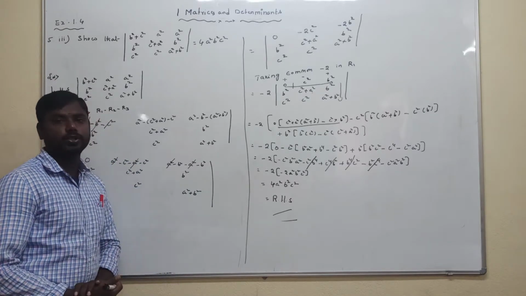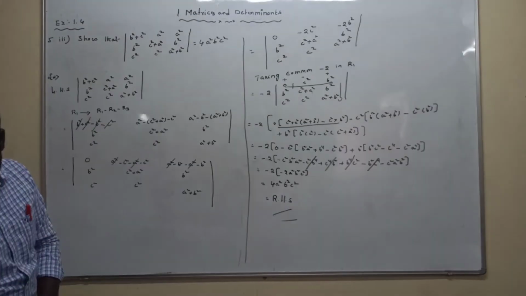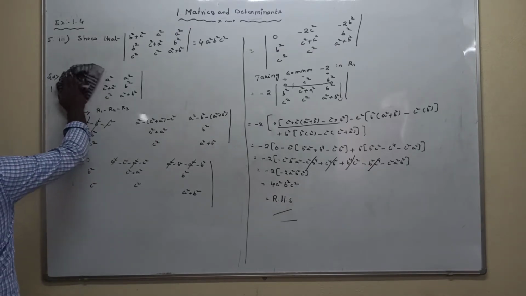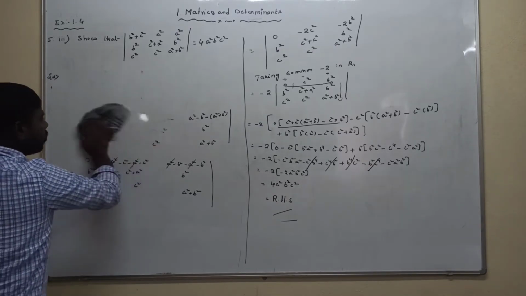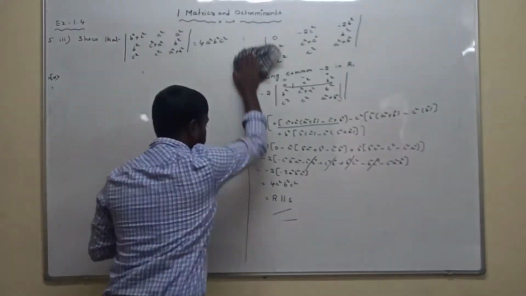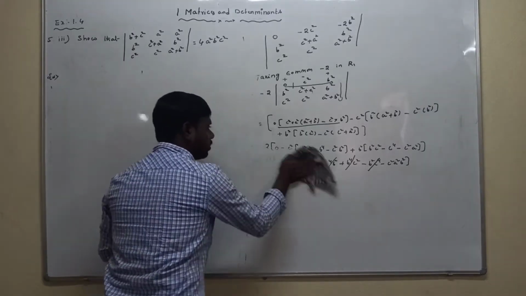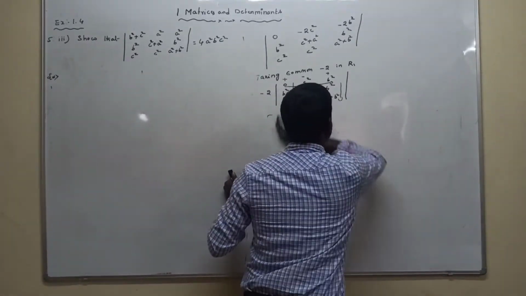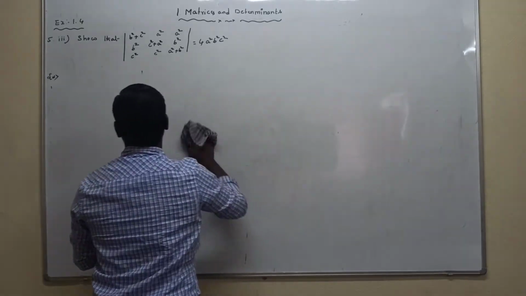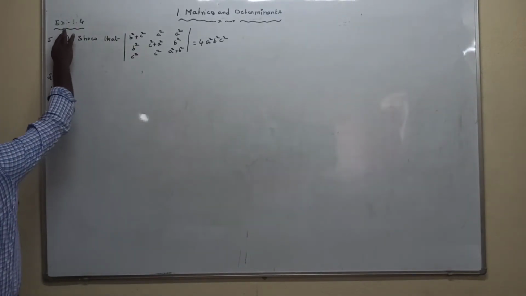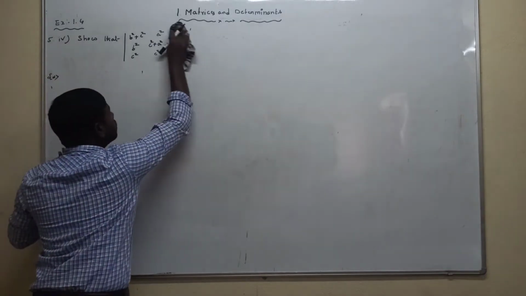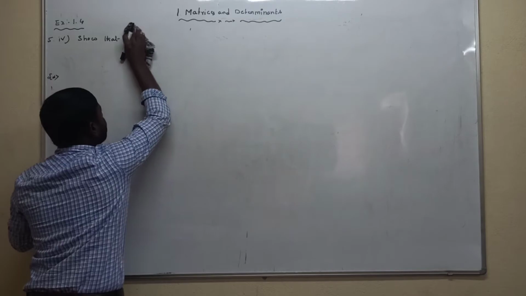So everyone understood this question? See the next final question in this exercise. Not in this exercise, question number 5, the last question. See question number 4. That one also is the same thing only. Very simple. All the questions are like this. See question number 4 in this question number 5. Very easy, that one also.